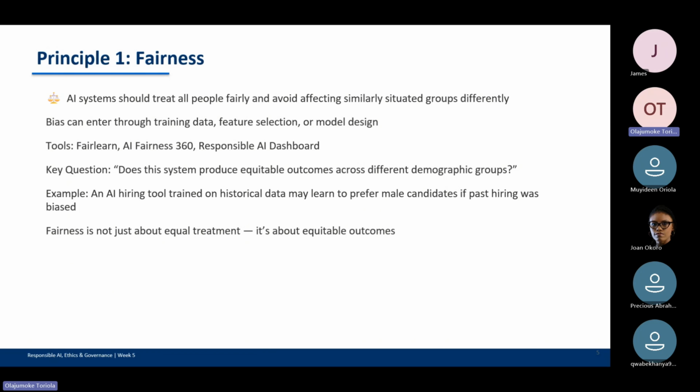AI is going to look and say, oh, the pattern from this company is all male, so it might see everything about female candidates and then ignore it. Or take a bank lending pattern. It learns from it and says, oh, most of the time it's only rich people or people of a certain class that are given loans. What it's going to do is ignore people of a lower class, because it learns it. So AI doesn't create bias.